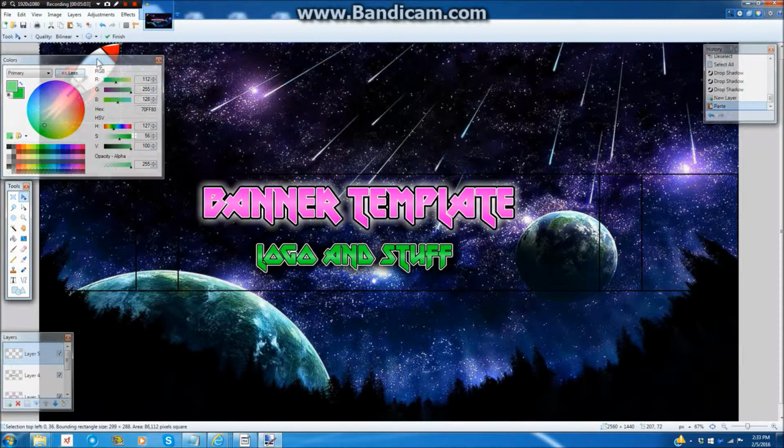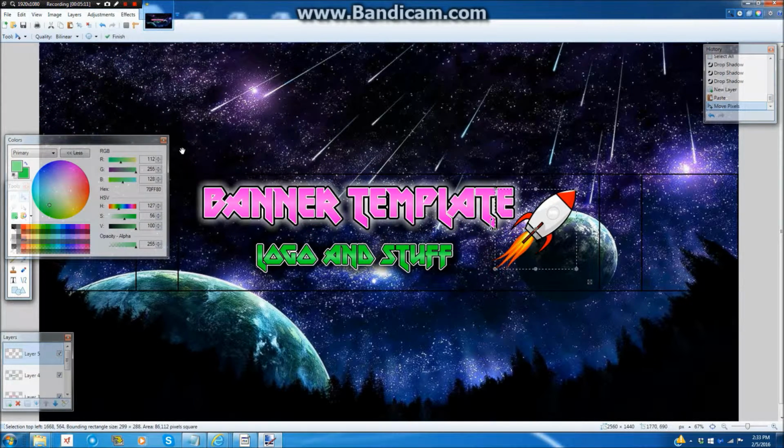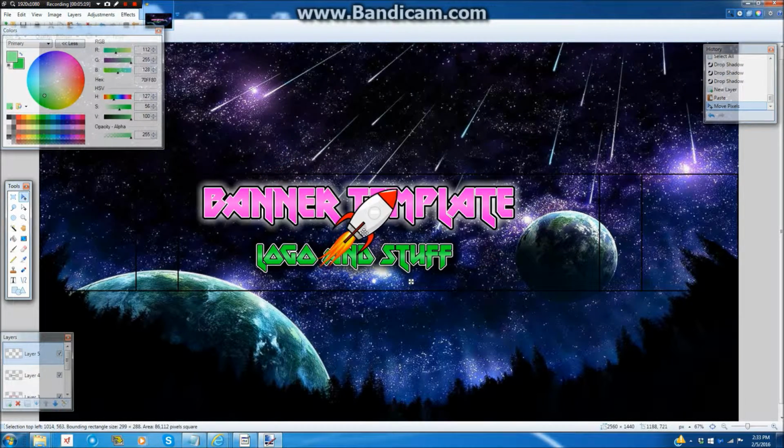And as you can see, if I move this color chart, a little spaceship pops up here. And this one is transparent, so I don't have to do anything special to it. And so now that we have this, we're going to put it on either side, or you could have it go straight through the middle. It's whatever your preference is. I'm going to have it going on either side, but for now,